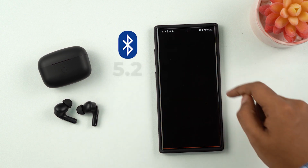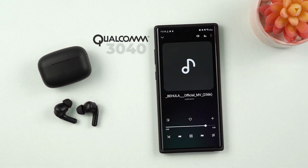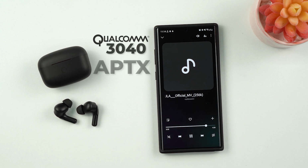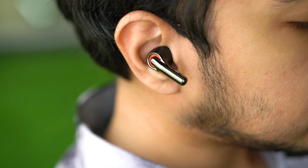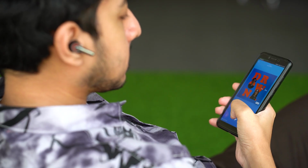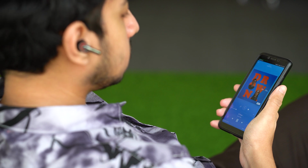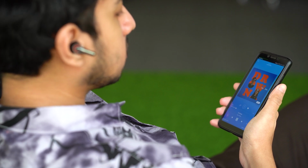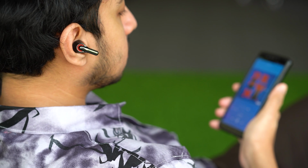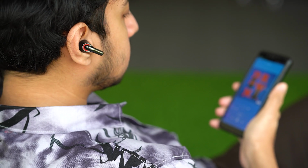These earbuds are using Bluetooth 5.2 for connectivity, but they also have a Qualcomm 3040 chip and aptX high-quality audio decoding, which means you're going to get some pretty decent performance. Talking about the performance, the sound that these have is absolutely explosive. It is a dynamic sounding earbud, but it leans more towards the clarity and the detail of your mids and highs. The bass is pretty tight, and if you listen to a lot of different genres, these earbuds will go